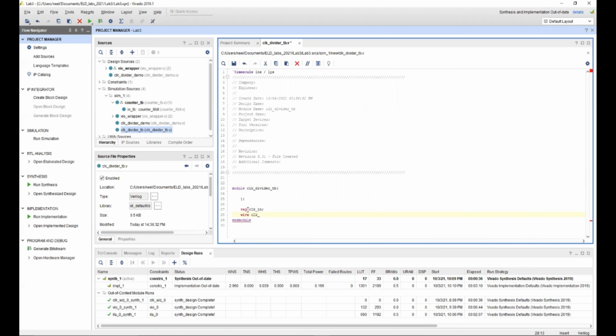Now I can initialize this value with the TB0.